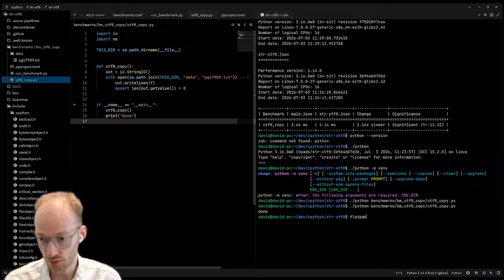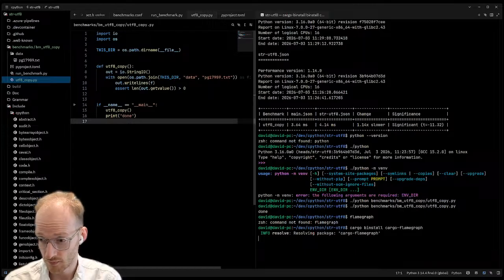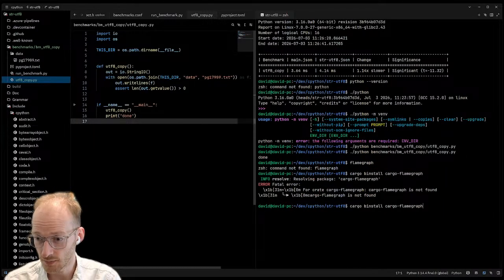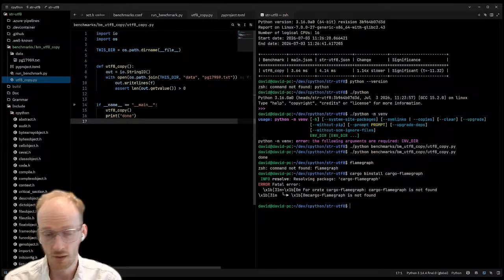All right, so I usually reach for a tool called FlameGraph, which I install from Cargo often, which I haven't got right now. I'll just go install it. What's binstall? No, that's not worked. I'm going to have to remind myself. Binstall is just installing pre-built Rust binaries.